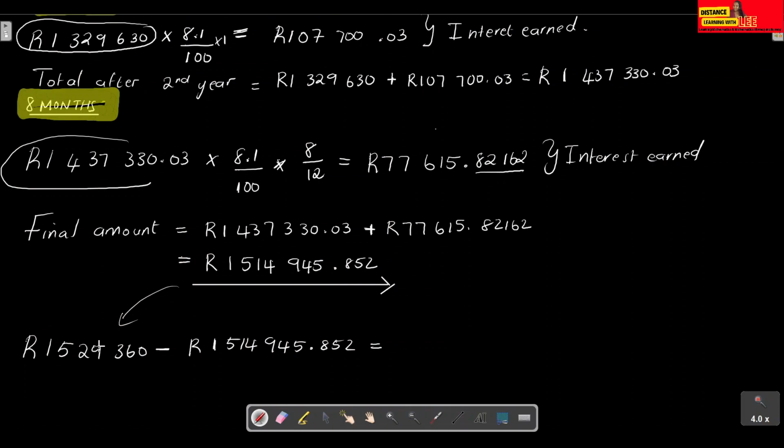from the foreign investment he did actually make more, because we can see that 1.529 is more than the 1.514 that he made in SA. So we can already see that it's more. But now we want to determine if it was more than 14,000. If you punch this into your calculator, you'll see that he made 14,414.148, which is approximately equal to